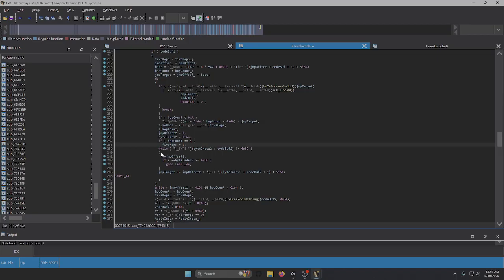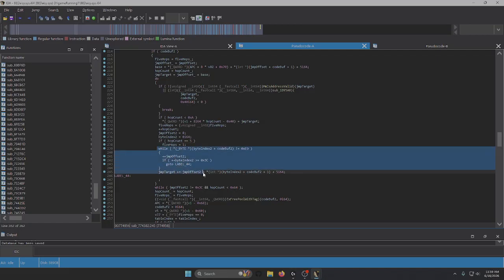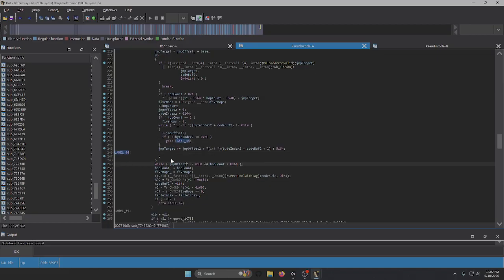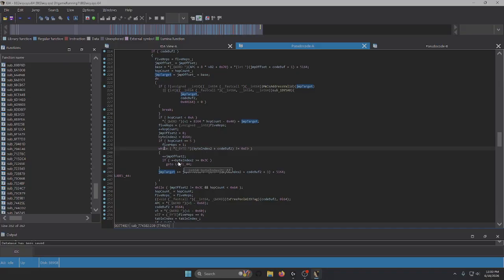Anyways, we're still in the second one, by the way, or we are in the target of the first jump instruction. Now we look for another jump instruction. So from jump x, now we're in x's memory address. Now we're checking for jumps there. If we don't find one, we go to label 44. Let's assume we find one. If we find another jump instruction, we do jump target plus or equals this. And we do this until we don't find a valid jump instruction,